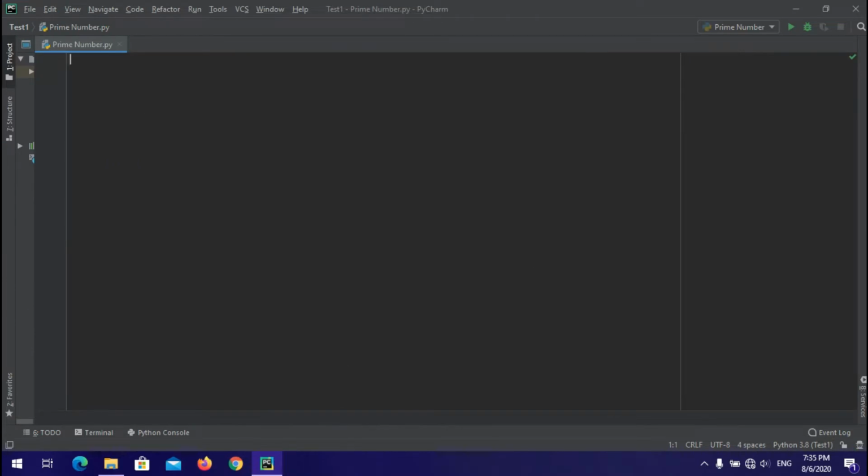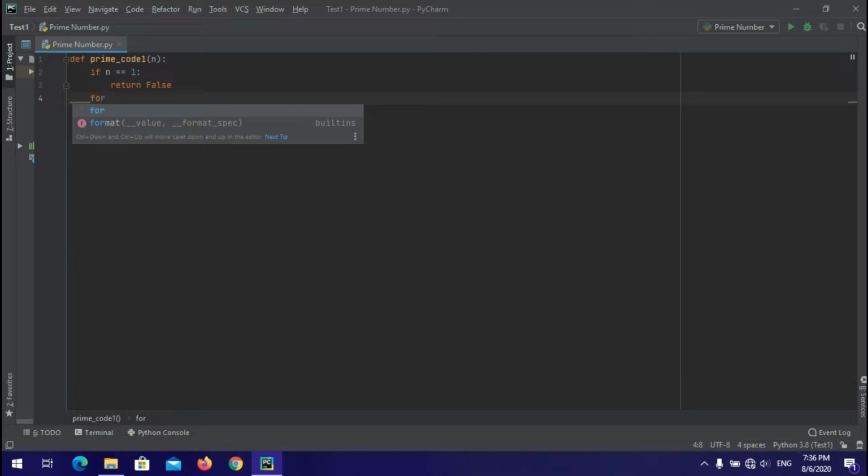To check our code 1, I am defining a function prime_code_1, and the input will be our integer. If the given integer is 1, we all know that 1 is not a prime, so we will return false. If the given number is other than 1, we have to check its divisors.